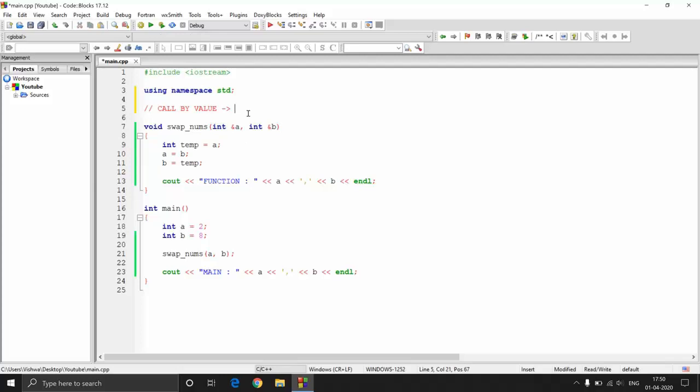This particular method is used only when you don't really care about changing the values in the main method, or whatever the main particular value is which you are going to pass inside the function. If you don't want to change that particular value but only want to do some computation with that value, such functions are better to use, that is call by value functions.